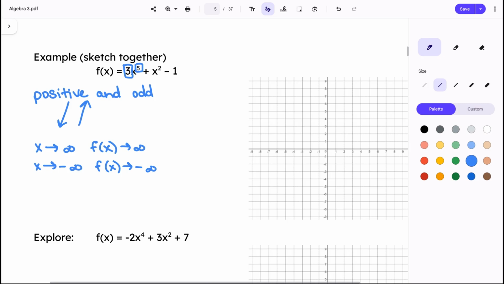Now, this at least tells me, I have a 5 here. So the most number of times that it could cross my x-axis is 5. Okay, now don't graph what I'm going to graph here. I'm just showing you what could possibly be happening. I can recognize if it's got 5, that means there's at most 5 zeros that I could